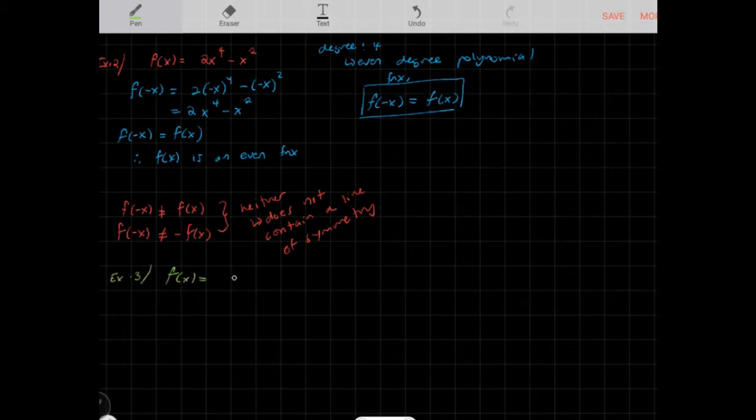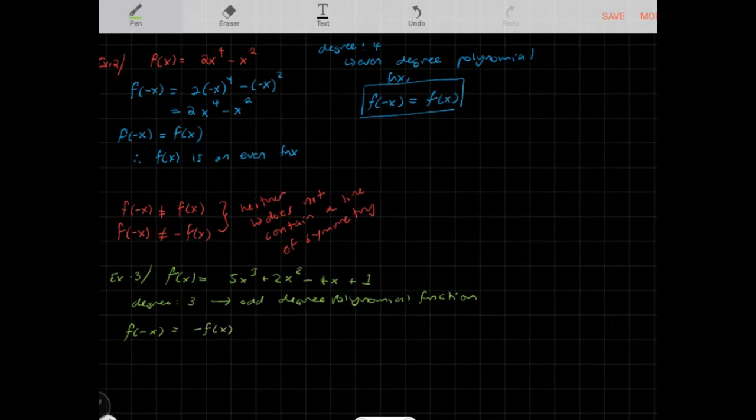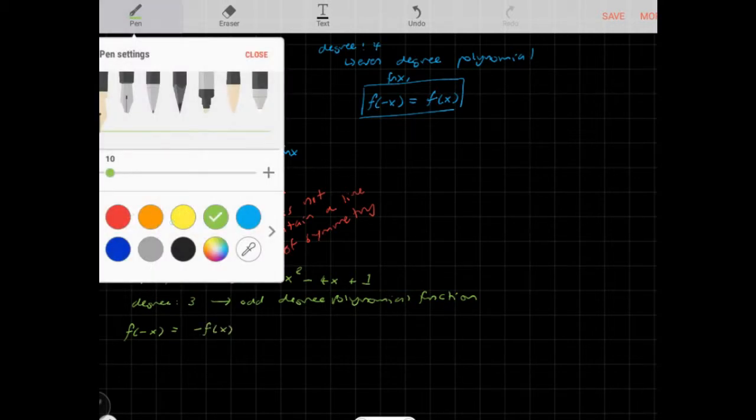let's say f(x) = 5x^3 + 2x^2 - 4x + 1. And you would think that because the degree here is 3, this is an odd degree polynomial function. It's an odd degree polynomial function, so you could do the test. If you want to test to see if it's an odd function, f(-x) should equal -f(x). If I plug in f(-x) here,